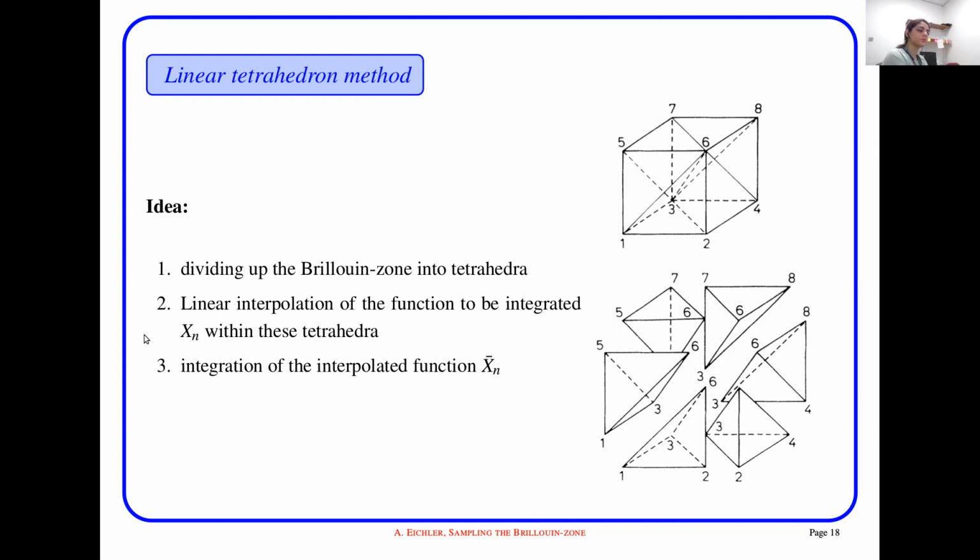the band structures and all these kinds of things, then there is another approach, the linear tetrahedron method. This algorithm divides the Brillouin zone into tetrahedra, as you can see here. Then it applies a function on these tetrahedra and integrates. So basically, you consider each of the tetrahedra at a time, then you consider the k-points that you have there, and then you interpolate, okay?